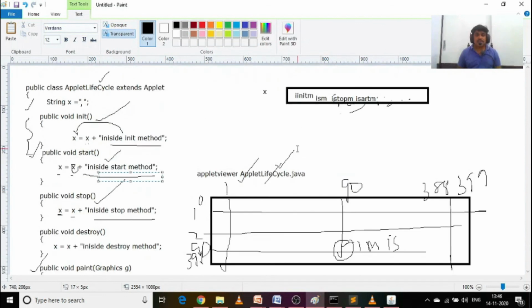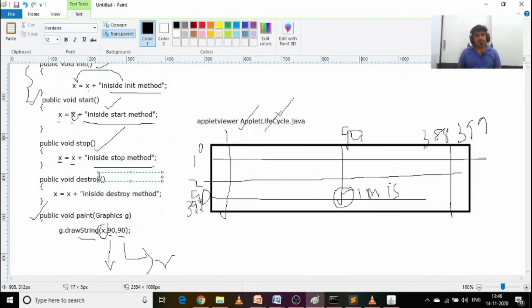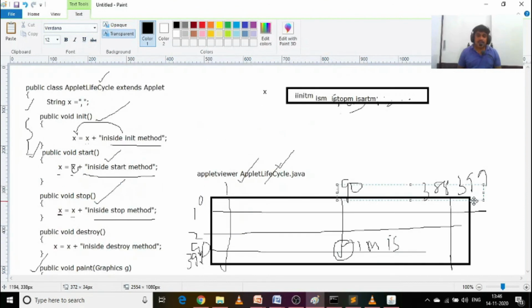So here you're trying to print x. What is the value of x? Inside init, inside start method, inside stop method, inside start method. So now the output will be inside init, inside start, inside stop, inside start. Again you minimize, inside stop. Again you maximize, inside start, and it will be displayed. So in this way,